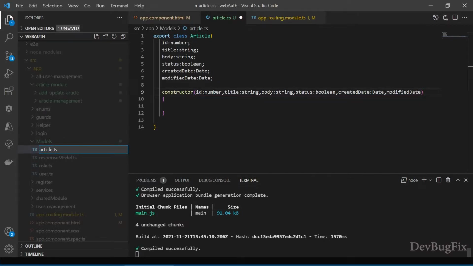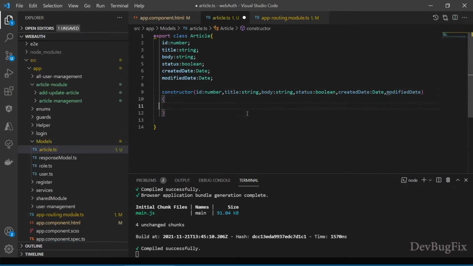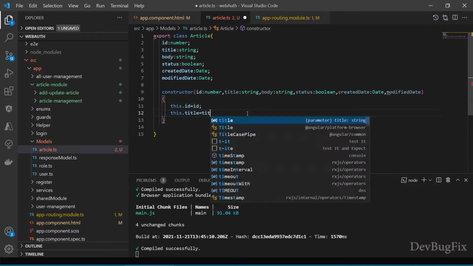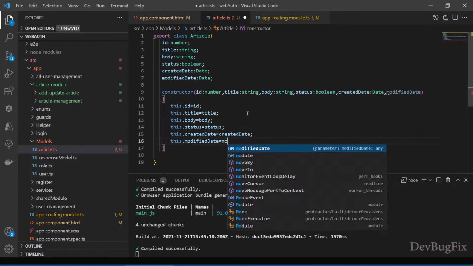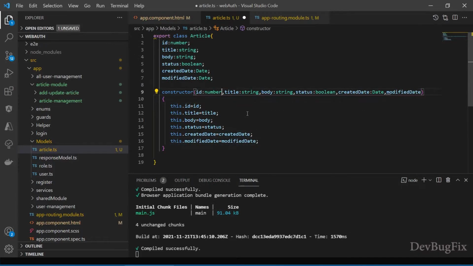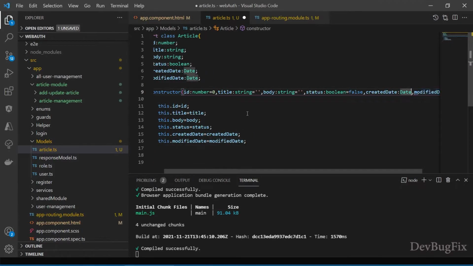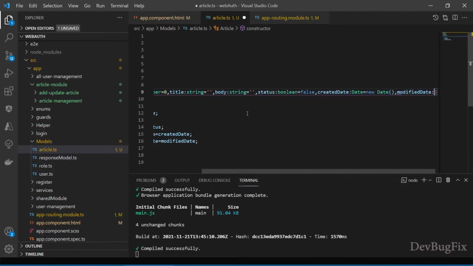That's why Visual Studio Code was not giving IntelliSense. I will make constructor parameter optional so we can create class without these parameters.